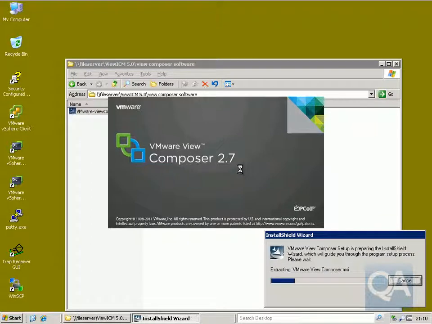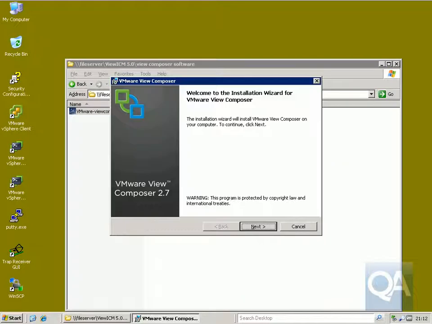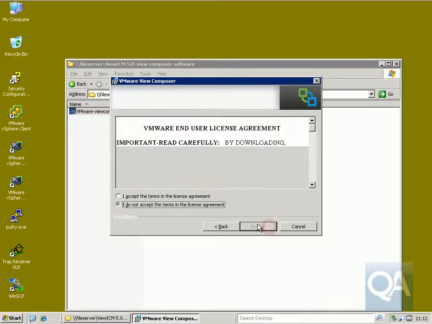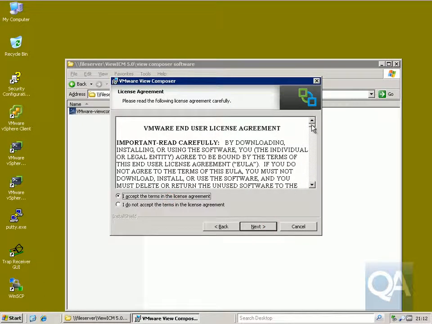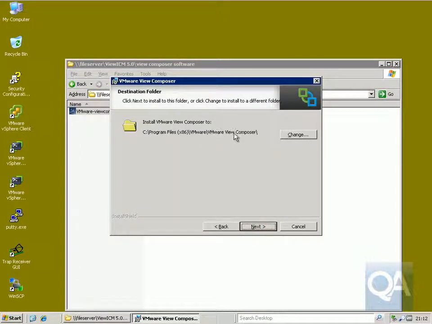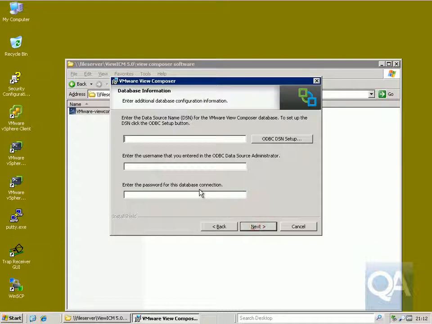Now ViewComposer requires Microsoft .NET 3.5 Service Pack 1 or above, so if necessary ViewComposer will prompt me to install that before it continues. Okay, we'll select Next, read the patent agreement, select Next, accept the license terms after reading through the license agreement, and select Next. Specify the location of the ViewComposer software. And now what we need to do here, for my ODBC setup, is enter the data source name,